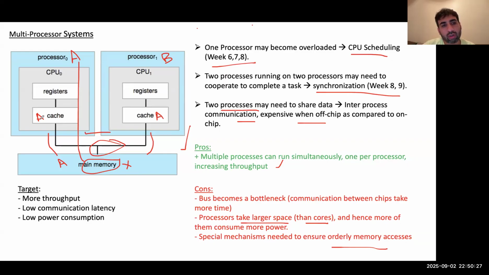Now, if you are saying, okay, we can do direct communication so that we don't need to go to the memory, it doesn't solve the problem. Why? One thing first, this is still crossing the chip boundary. So we will still be paying extra communication latency. Our power consumption will still be the same because we still have two processors here, right? And the only difference will come when